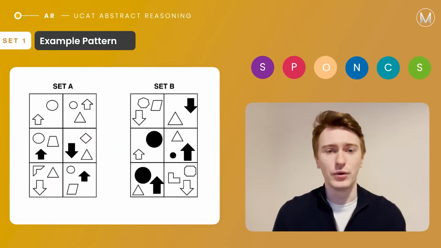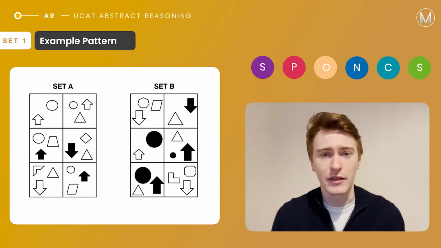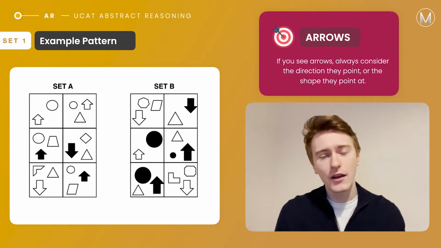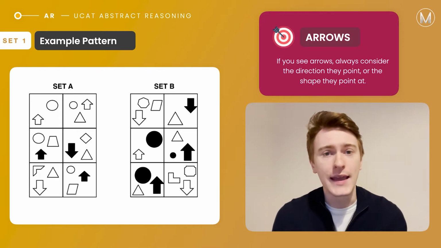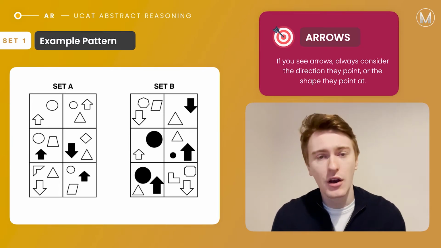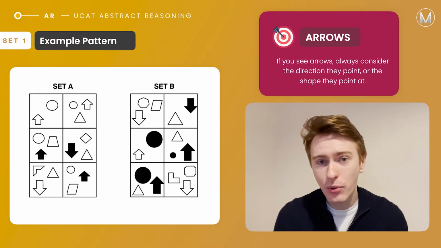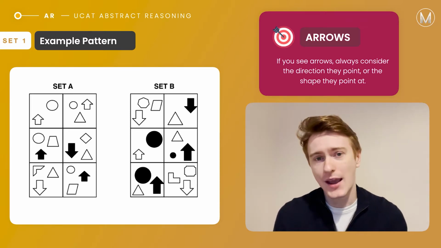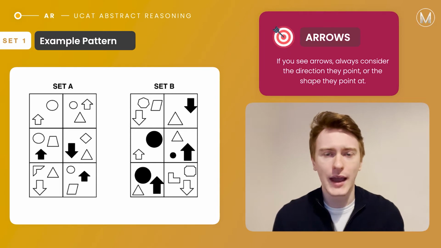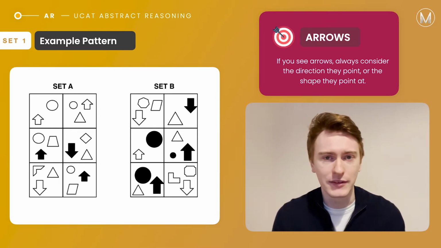So let's try an example. Pause the video now and have a go at this example using your SPONKS algorithm. Okay, going through it together then, the trigger here is the arrows. Whenever you see arrows in a pattern, you should always consider their orientation. What are they pointing at? Are they pointing up, down, left or right, or are they pointing at a particular shape? Arrows are so frequently used in the UCAT and they're always about orientation